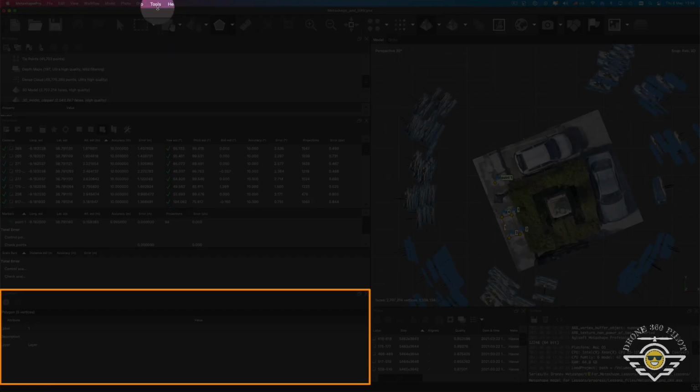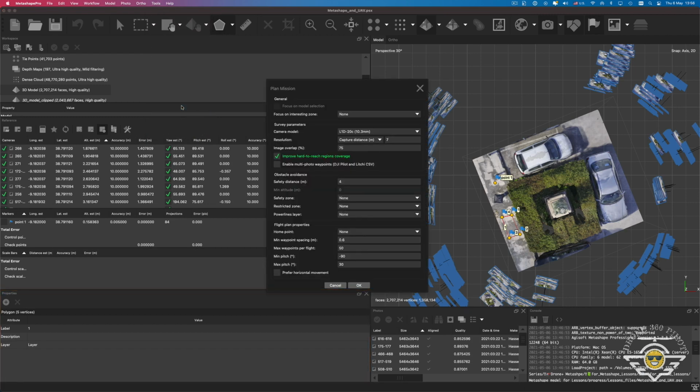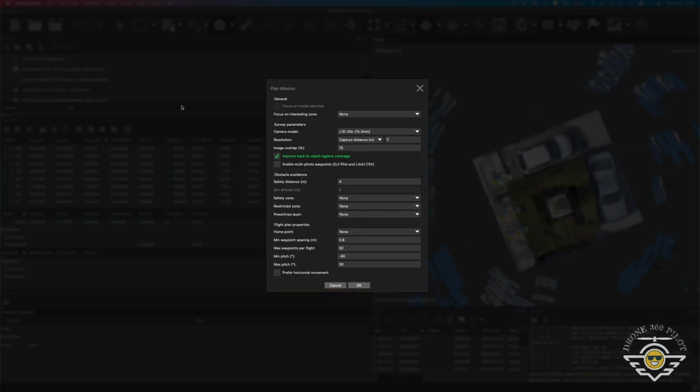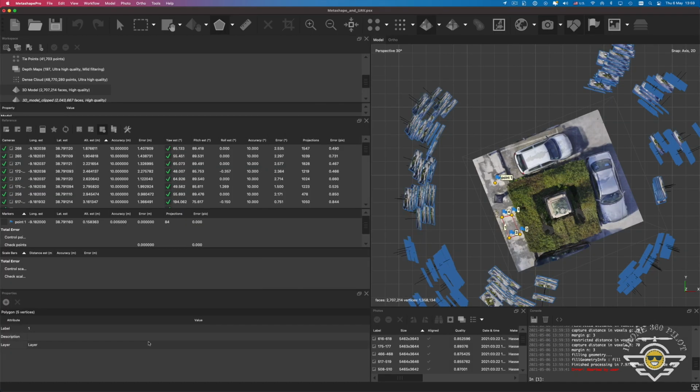And this panel will be often in use for drone pilots who decide to stick with Metashape feature for UAV. It calls Plan Mission. This option allows us to create the path for drone autonomous flight based on shots taken during our manual flight. We will cover in details this option in upcoming lessons. Let's finish with shape property for now. Buttons located on the panel at the toolbar allows add attribute, remove attribute.